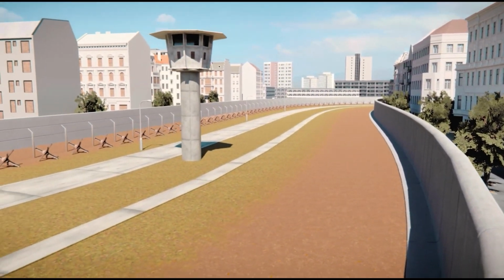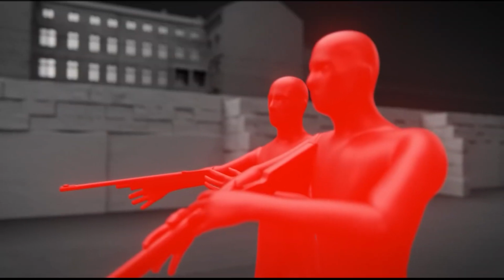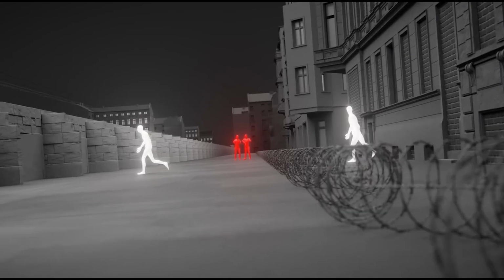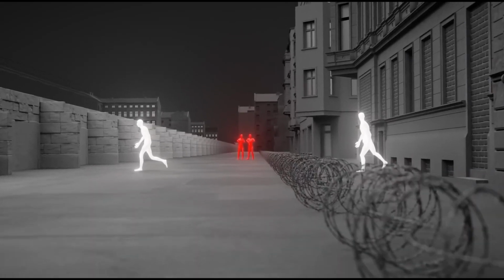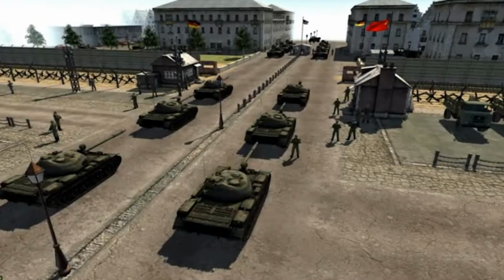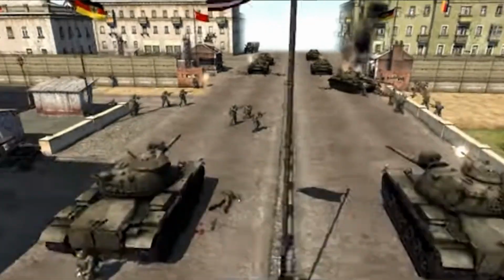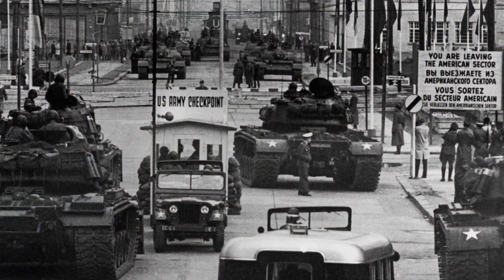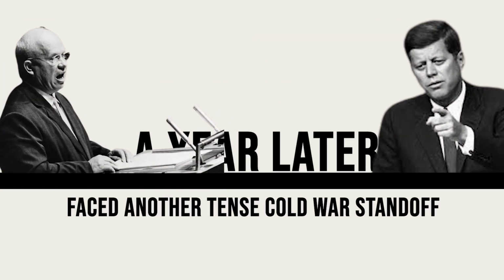Although the US did not intervene to stop the wall's construction, tensions escalated when East German border guards attempted to prevent Allied officials from accessing East Berlin. This led to a tense standoff at Checkpoint Charlie, where US and Soviet tanks faced off for 16 hours. Fortunately, the crisis was defused through behind-the-scenes negotiations between US President John Kennedy and Khrushchev, leading to the tanks withdrawing the next day. A year later, Kennedy and Khrushchev faced another tense Cold War standoff, the Cuban Missile Crisis